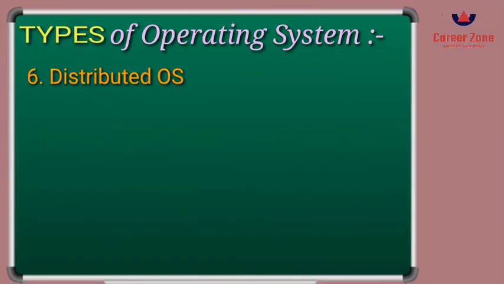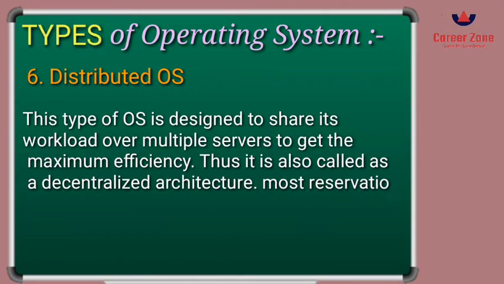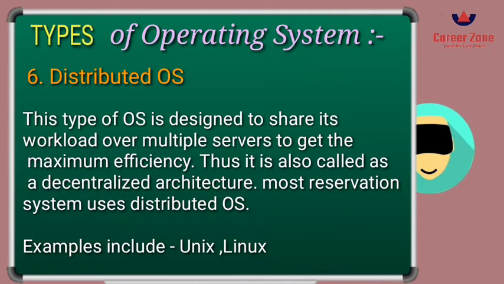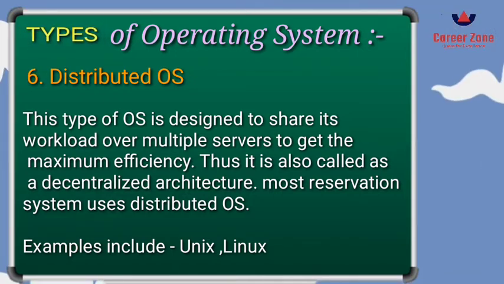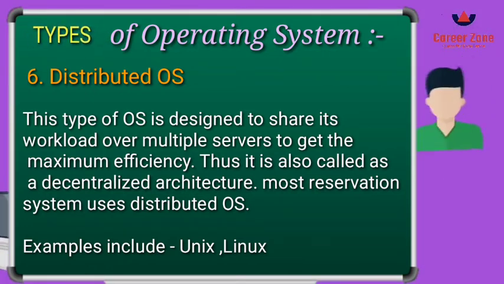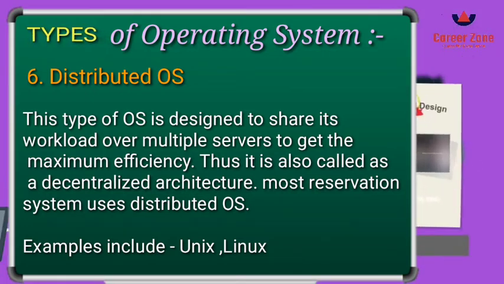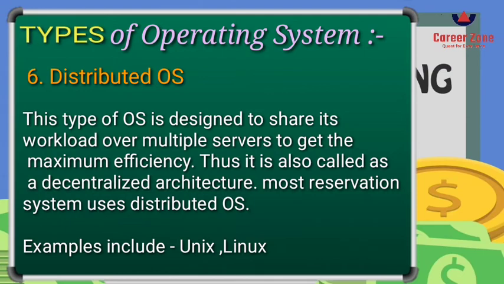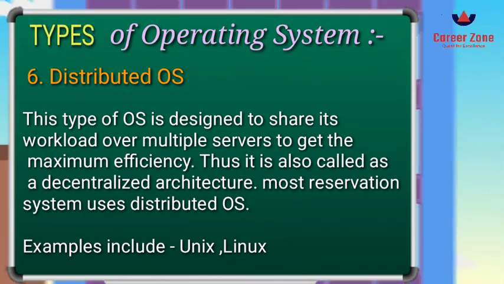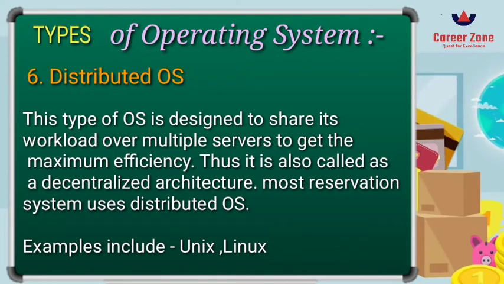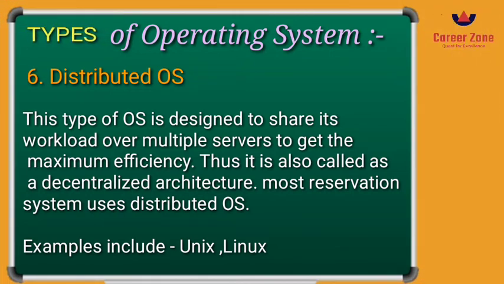The last kind of operating system is a distributed operating system, where the workload is shared on multiple servers. You can take an example of a railway reservation system, wherein the workload of ticket reservation is divided over multiple servers. Multiple servers means computers which are made to work as servers. So it is typically based on a decentralized architecture where the resources are divided among multiple servers